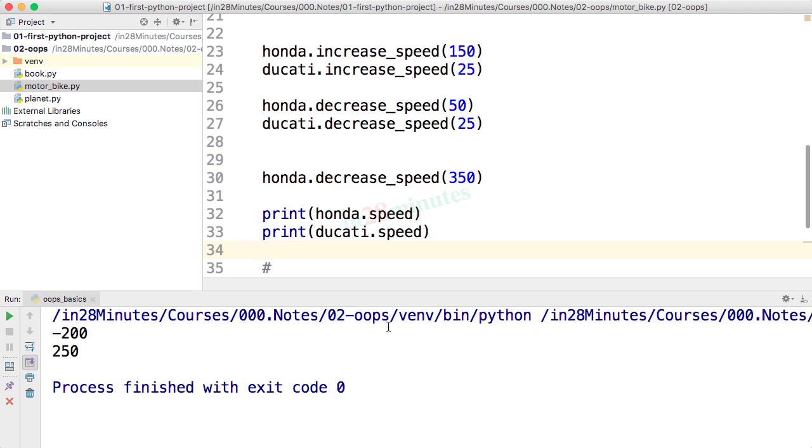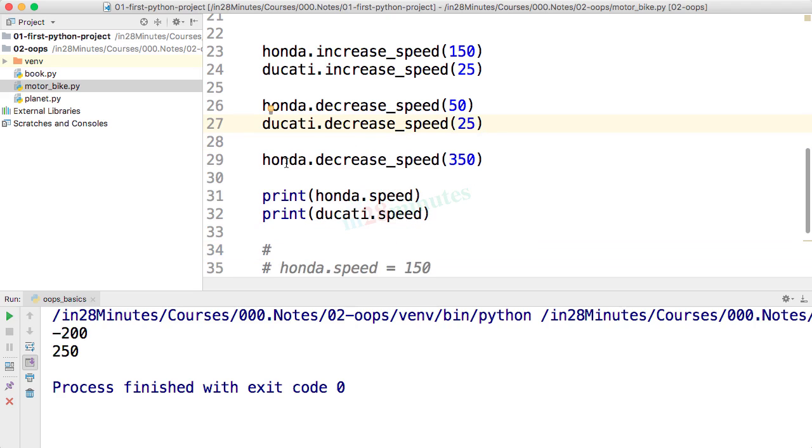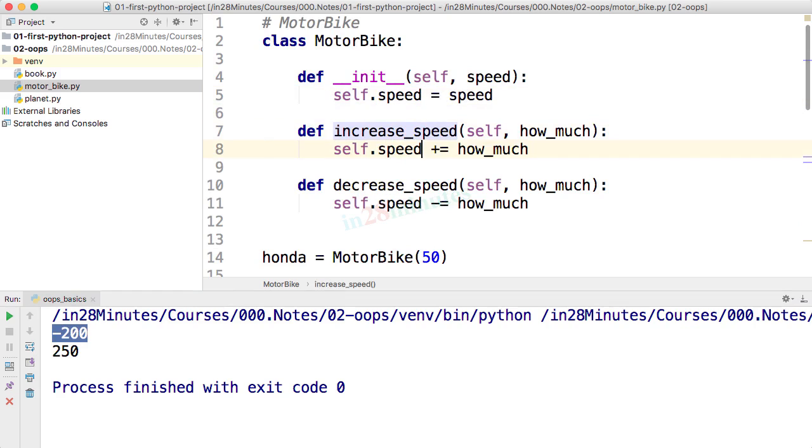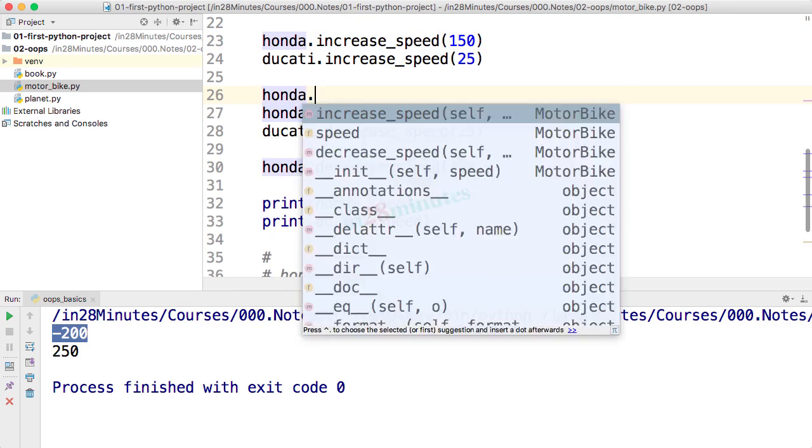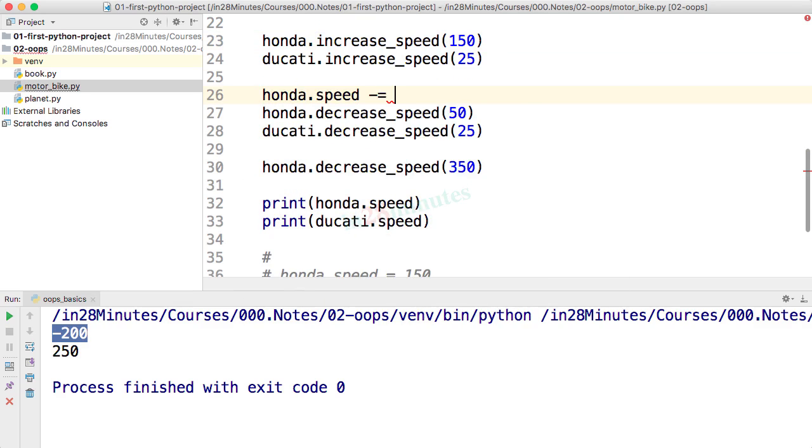Aha. So the code outside the class is trying to play havoc with our Honda object. The speed becomes minus 200, and is it possible? No. That's where encapsulation helps us. If people were using Honda.speed minus is equal to 350, then it becomes a little more difficult to control what